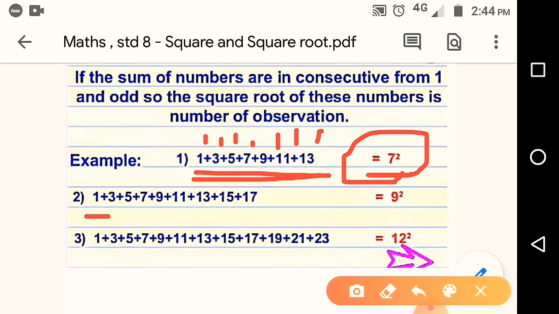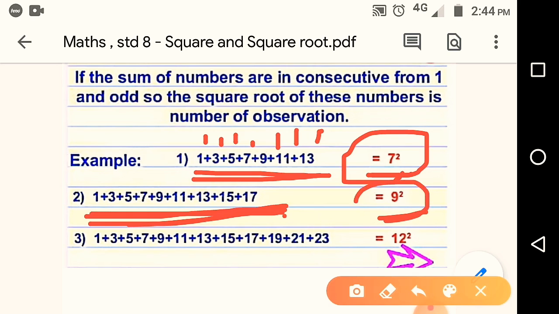Now same way here, again we are adding odd numbers. We have taken more numbers, but you have to take them in a sequence only. You cannot take any odd number from the middle. It should be in a sequence. Here, how many odd numbers are there? If we count, there are a total of 9 odd numbers we are adding. So 9 odd numbers are given, so that is equal to the square of 9. So how much is the square of 9? 81. The square of 9 is 81. So if you add these, the answer will also be 81. You can check it. You add all these numbers, the answer will be 81.